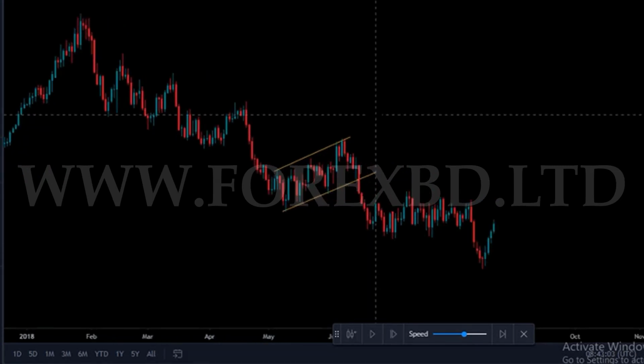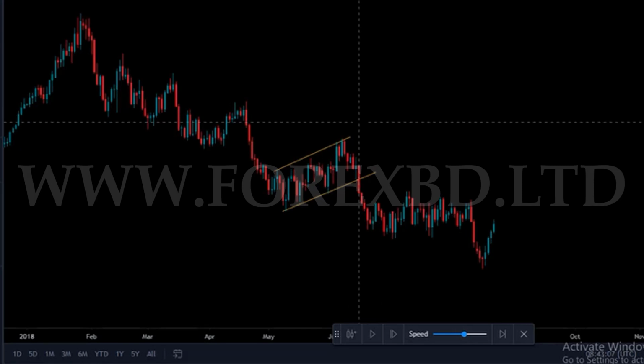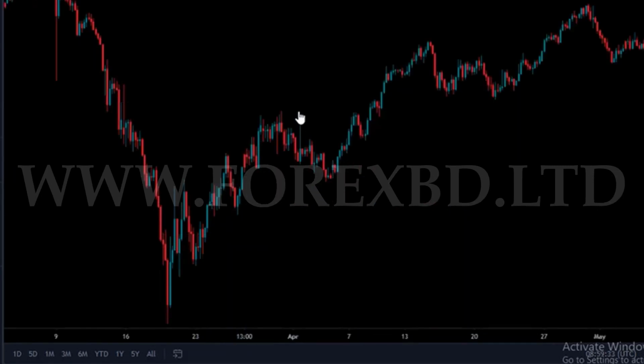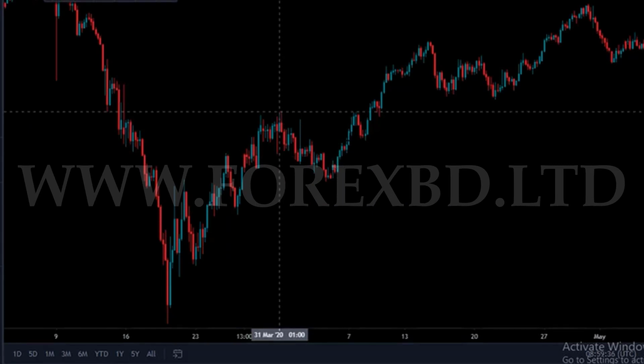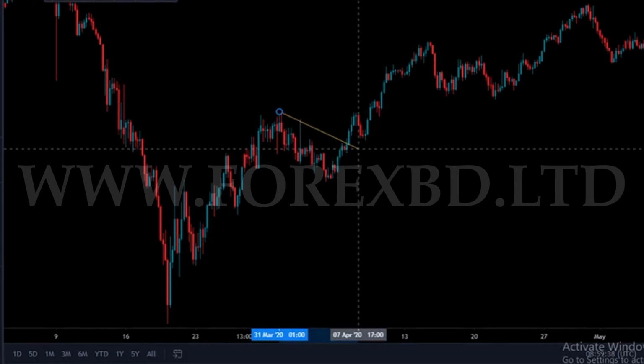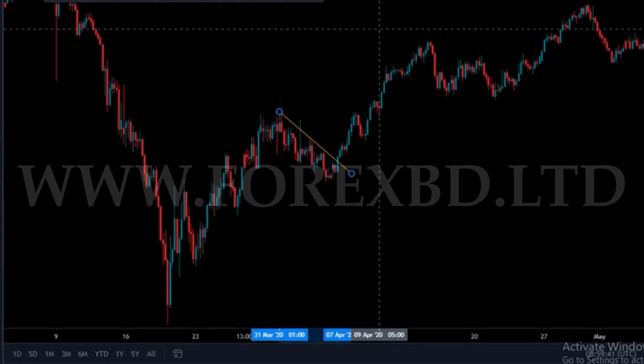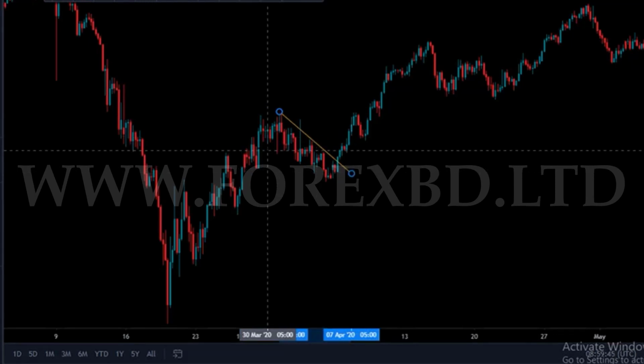Now we will go to another place. You can see the chart, so I can see some flag pattern in this place. I don't know if you can catch them. In this place you can see the market going up and down for a while with correction like this. So if we set the trend line here, you can easily understand. So I draw two trend lines in two places, one above and one below.